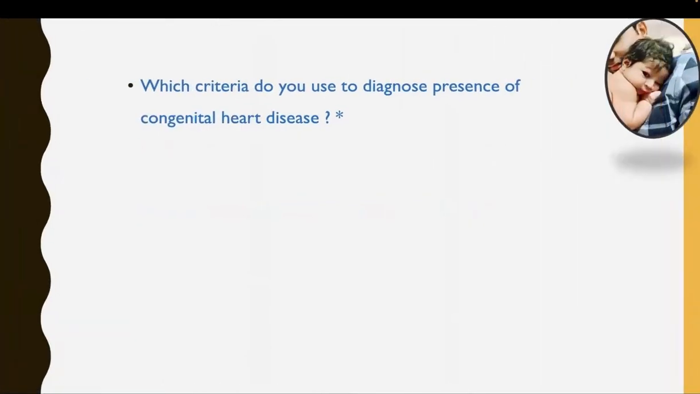Now next question, again same, today's topic of choice, congenital heart disease, right? Classification and all that. So what is the criteria to diagnose the presence of a congenital heart disease? The criteria name we have, that is NADA's criteria. NADA's criteria is the name of the criteria basically, which is used to diagnose the presence of